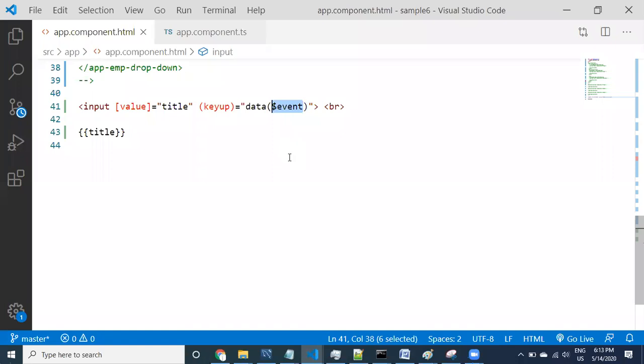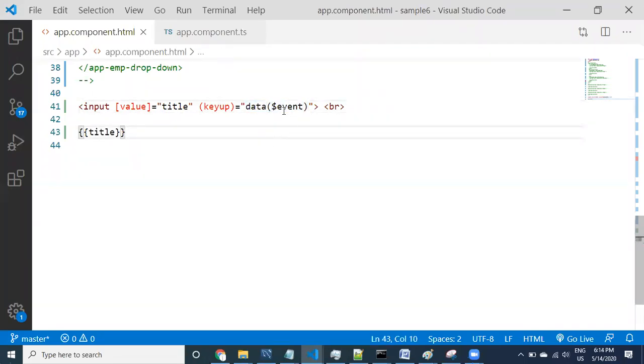This event, you can use for any event, not only key up. You can apply this dollar event for mouse click, double click, scroll up, scroll down, key up, key down, for any event.